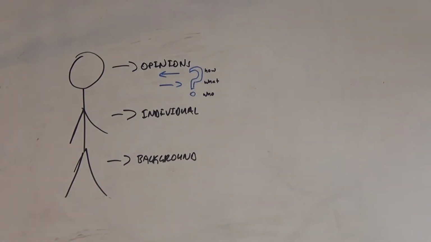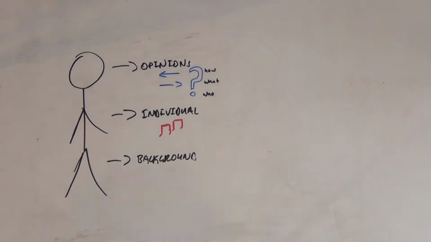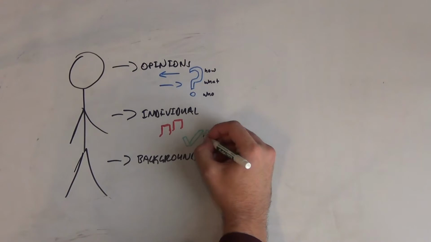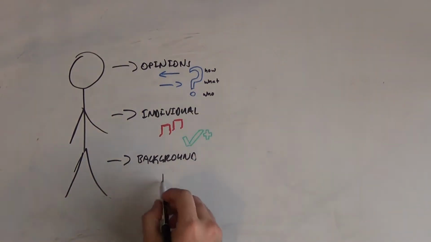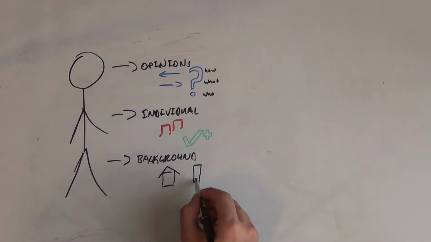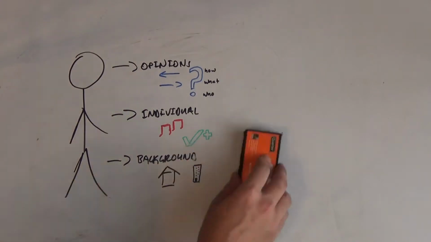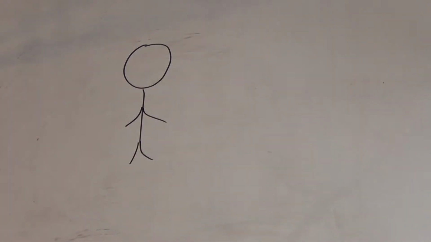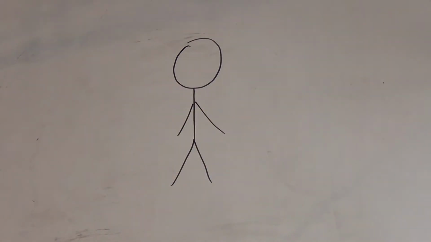Now when we look at the individual, a large part of the time we want to look at successes and failures, but more than that, we also want to look at the barriers, which I always like to represent by track hurdles. And then we move on to the background, which largely is based on demographics as well as the areas that they've lived. This is important because a lot of what we do is local, and connecting empathy, as previously mentioned, is in large part done because you understand where people came from.